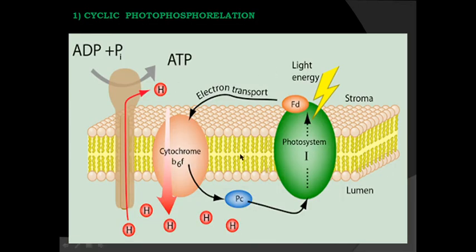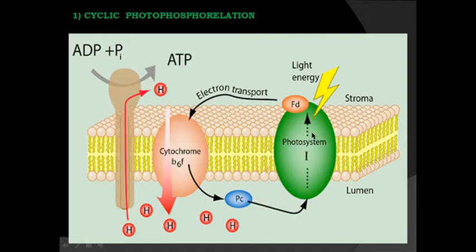See, this is the picture of cyclic photophosphorylation, in colored photographs. This is the portion of stroma. This is the thylakoid lumen portion. The light energy is absorbed by the antenna complex of photosystem first. Its reaction center is 700, which means it absorbs 700 nanometer of light. Then the absorbed light is transferred towards the chlorophyll molecules. Out of two electrons in the outer orbit of the chlorophyll molecule,